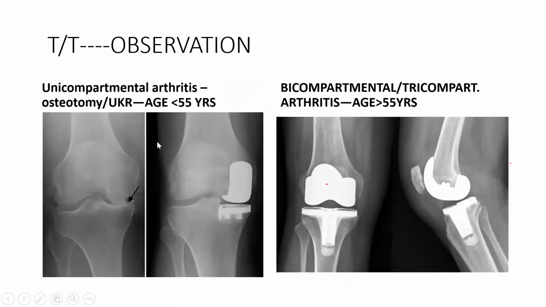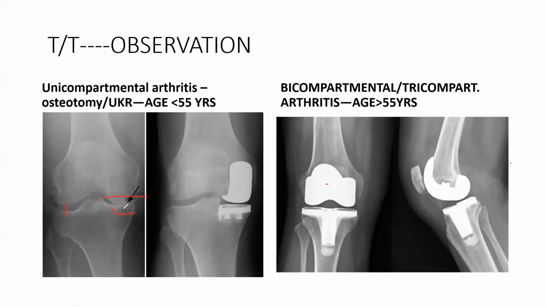So what is the treatment? Till it is asymptomatic, observe. As soon as the pain is increasing too much, you have to do something. The cartilage will not grow. If they have unicompartmental disease, see, this is the lateral compartment, there is a big space. In the medial compartment there is no space. So what you do, you cut this bone. Then there is no bone to bone connection, and if there is no bone to bone connection, there is no pain. The pain occurs when bone to bone contact is there.